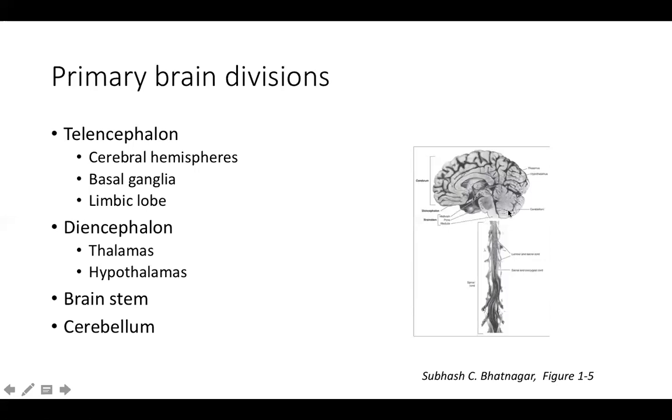And the cerebellum is this beautiful piece of the brain, and I'll tell you why it's beautiful when I show you some of the histological images of the cerebellum, which are made up of very elaborate branches of dendrites. The neurons in the cerebellum are like arbors. And those are the main divisions of the brain. And I've also depicted here the spinal cord, which is, of course, part of what connects to the periphery.